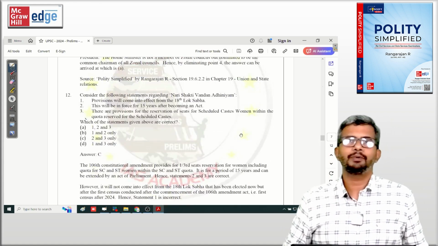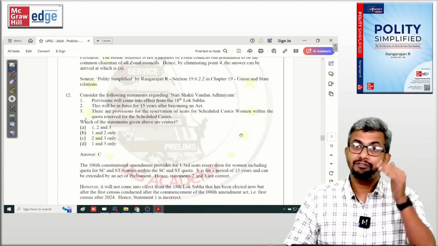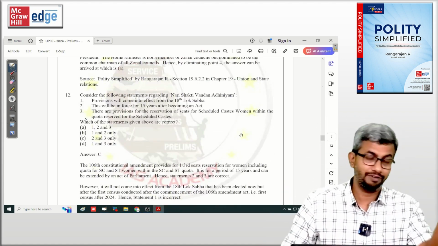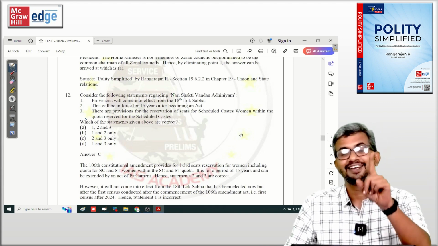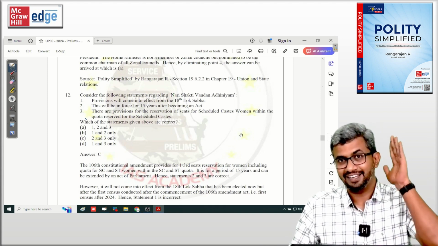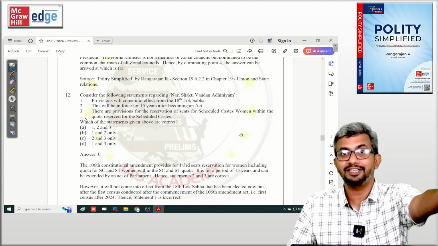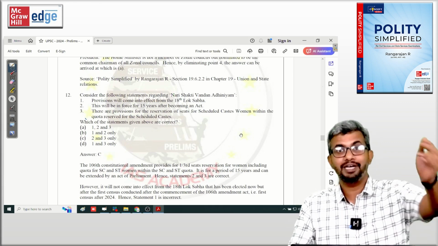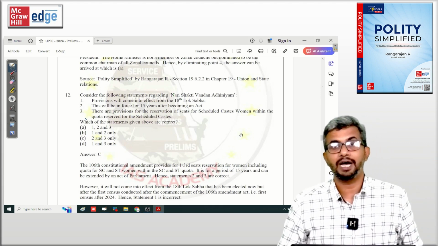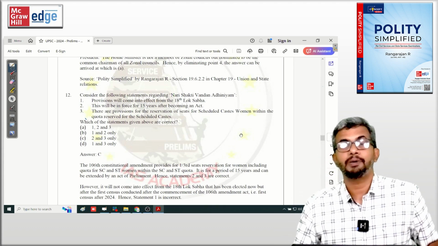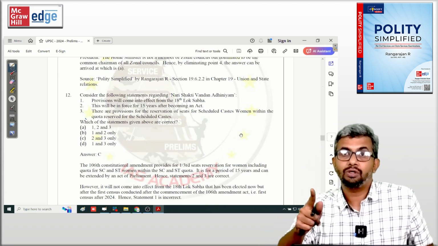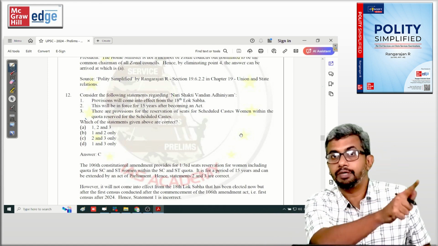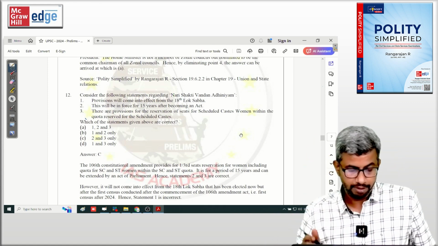106th Constitutional Amendment, as I told you, this is something which is there in the book, Polity Simplified, which you will not find in any other book because mine got printed the latest in October. But guys, it's not about that. Anything that happens even after that: in November, the Ethics Committee was in the news. In December, the Election Commissioners Appointment Act was passed. In March, the Citizenship Amendment Act rules were notified. Those are also covered in the current affairs update in the Edge platform. So please keep that in mind.